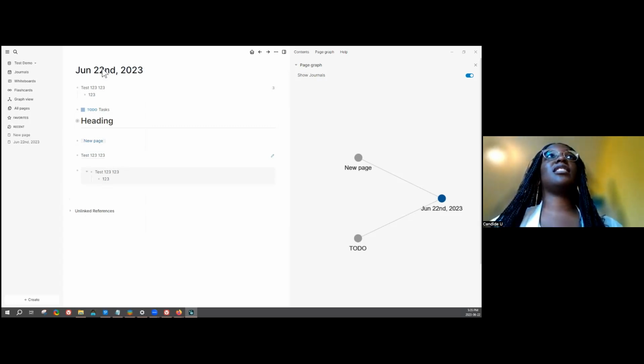Once again, it creates a bi-directional link between the embed and the original content, and it also shows nested content, which doesn't happen for references. So this is a reference, this is a block.